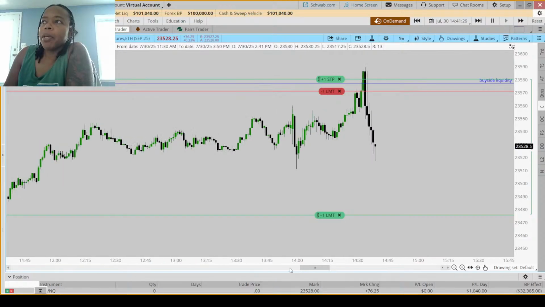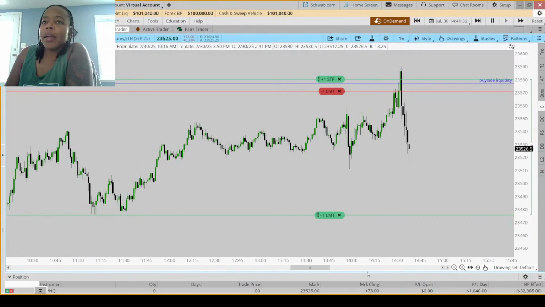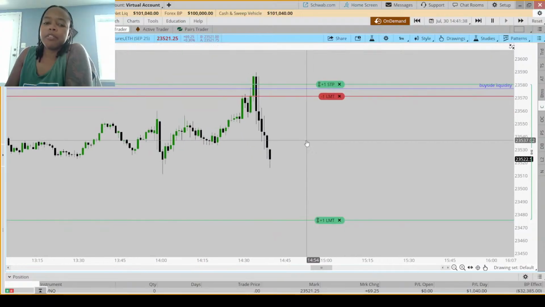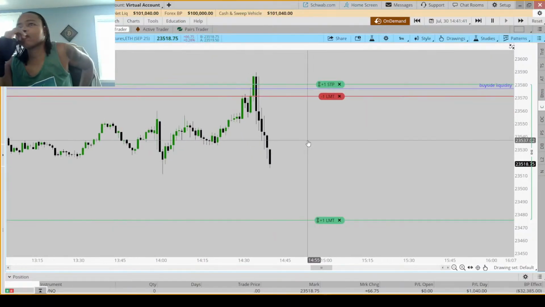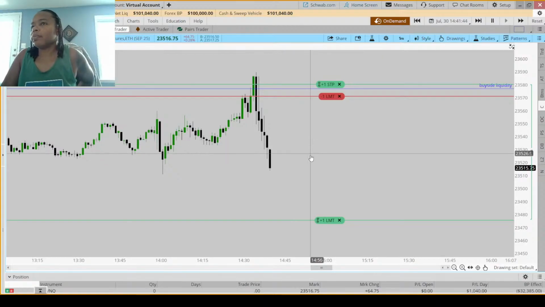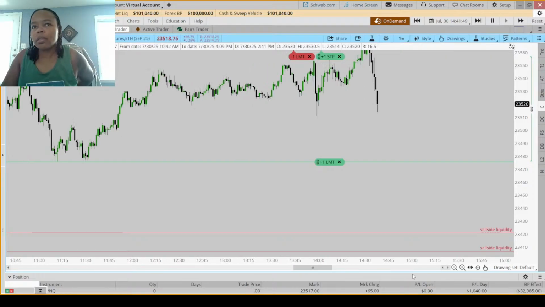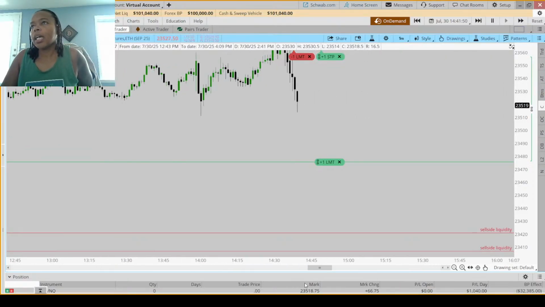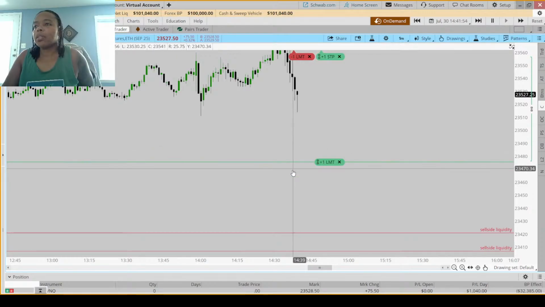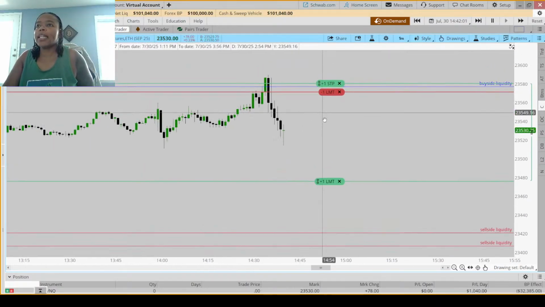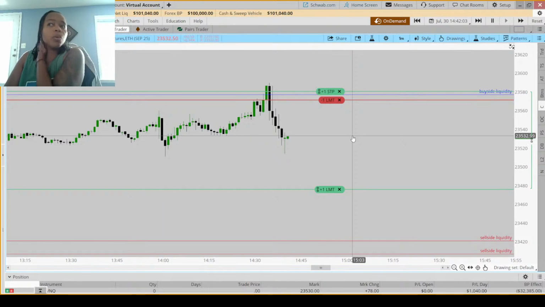It's been very much just an up and away day. So I am most interested in a short if they give us an opportunity for one. But I did spec out this 15-minute low, so I really should try and take it there. Might be a spot where I move my stop and then just pull this back down. But let's see, how do we get in here? We haven't gotten anything to work with yet.